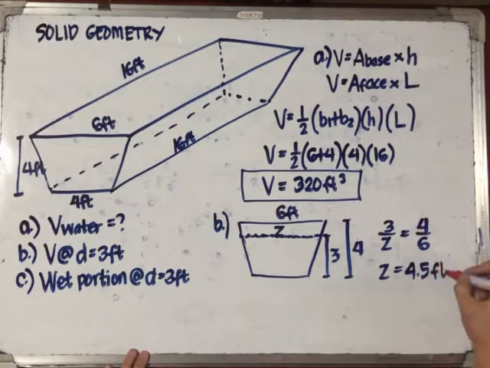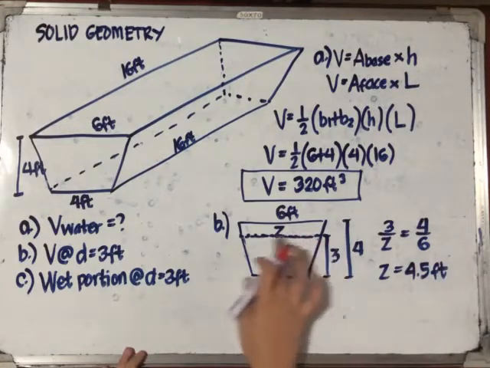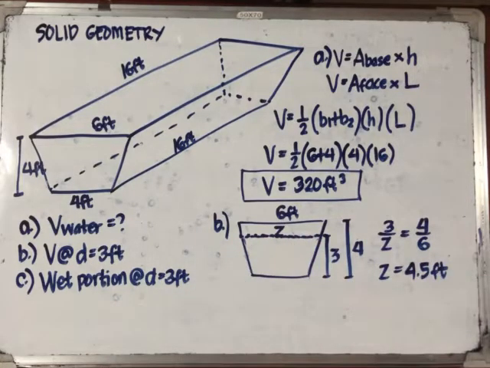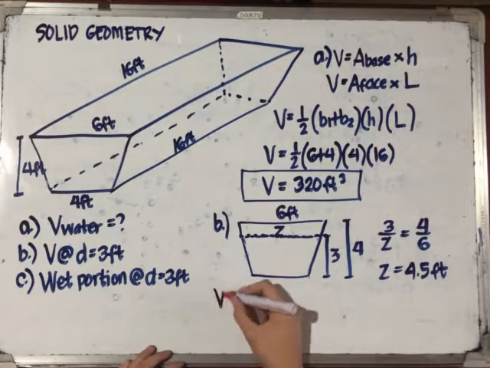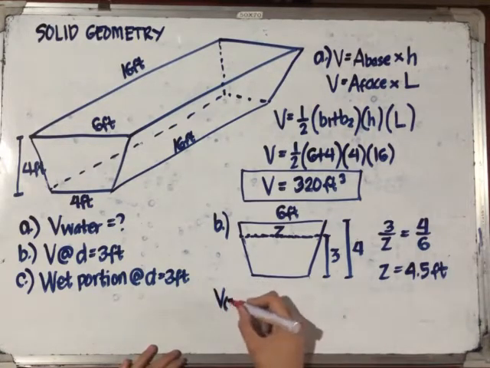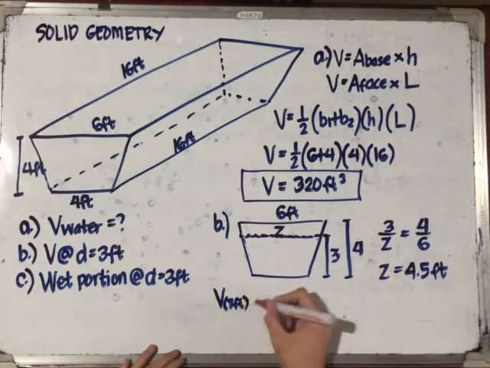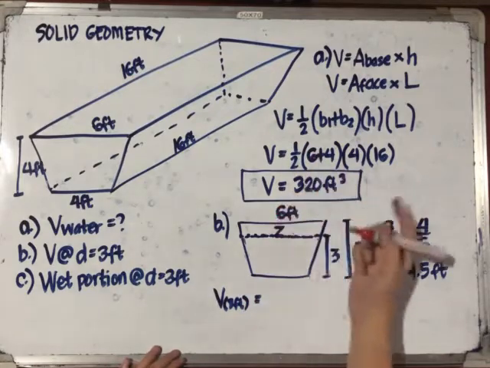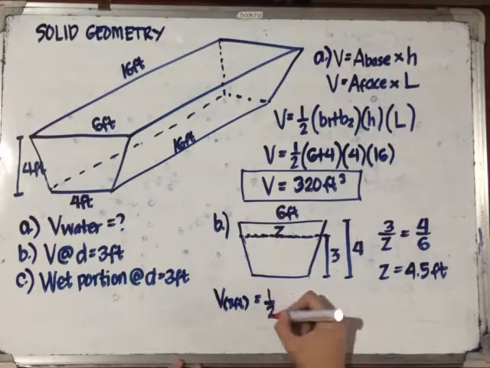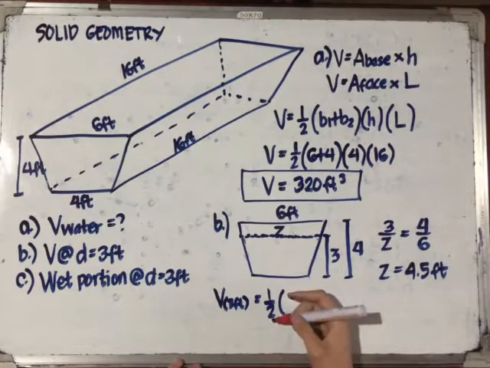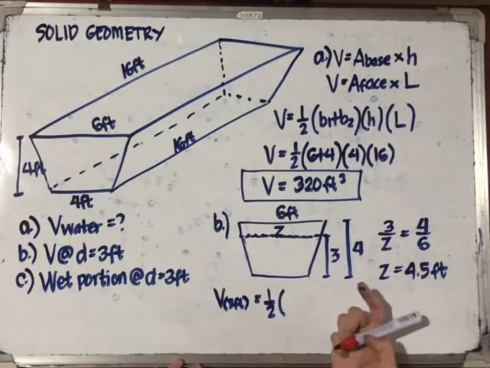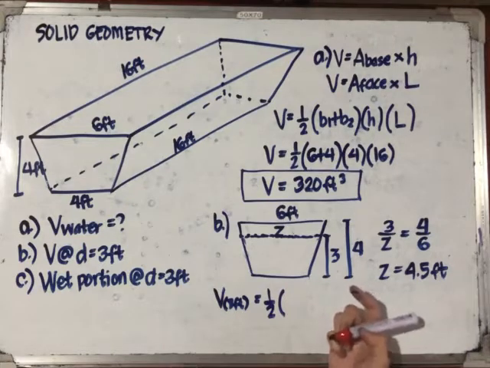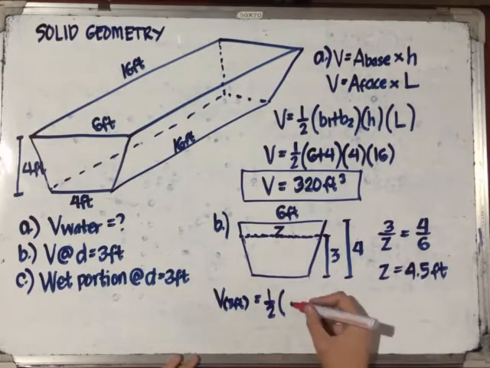4.5 feet. 4.5 feet itong waterline section natin na yan. Alright? So, given na mayroon ka ng 4.5 feet dyan, you can now recompute for the volume of water at depth equal to 3 feet using the same thing na ginawa natin dito. What we will just change is the value of our base 1, which this time would be, ilan lang siya ngayon? This would be 4.5